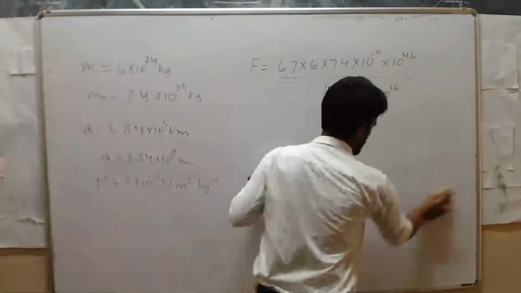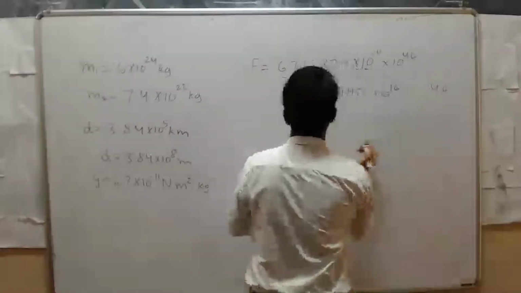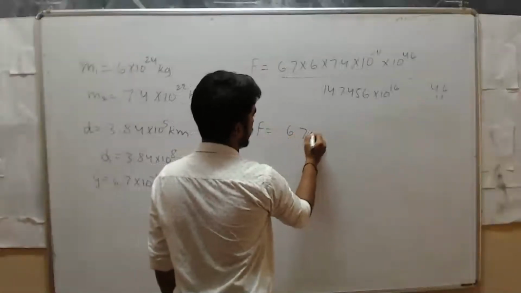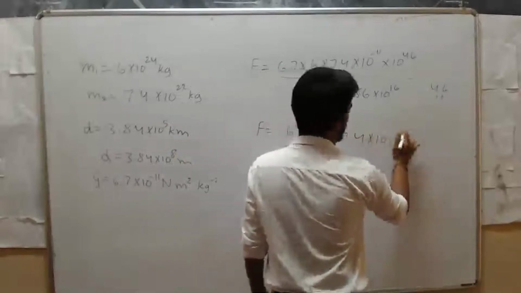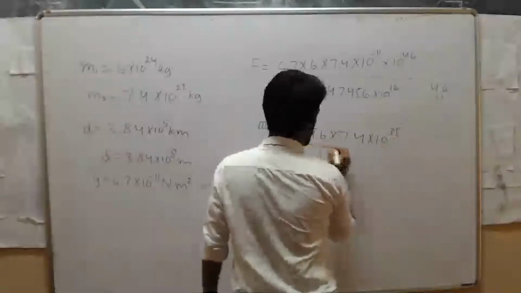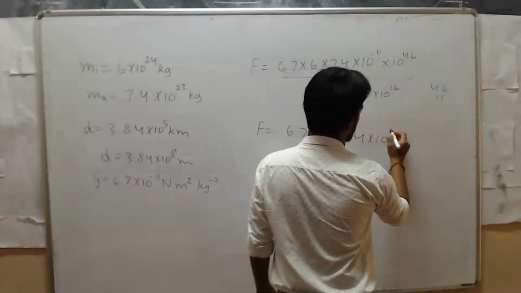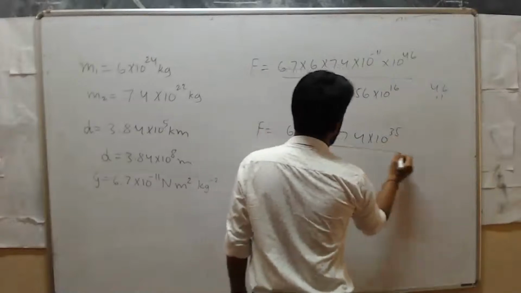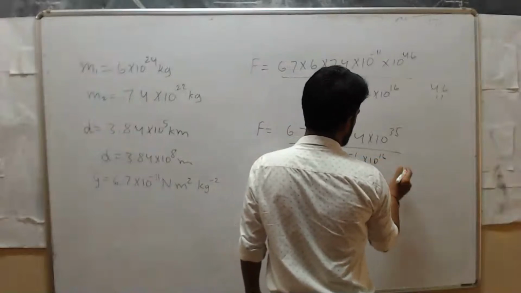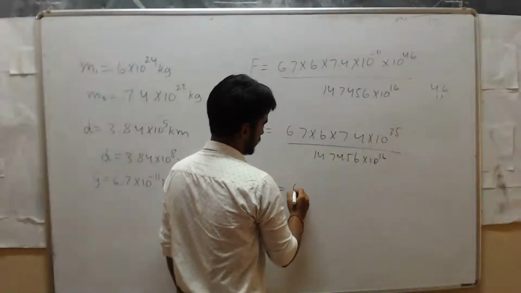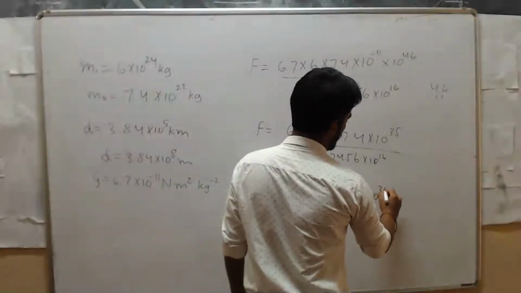Next. Now here 46 minus 11 is 35. So F is equal to 6.7 into 6 into 7.4 into 10 raised to the power 35, divided by 14.7456 into 10 raised to the power 16. Okay, so take the numerator, that is 6.7 into 6 into 7.4 into 10 raised to the power 35 into